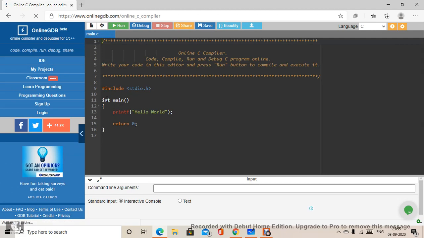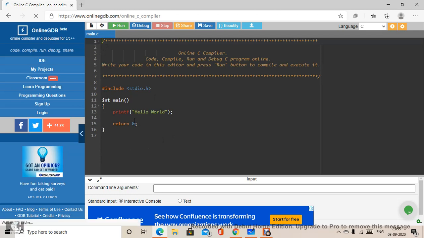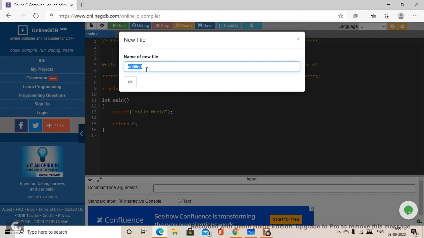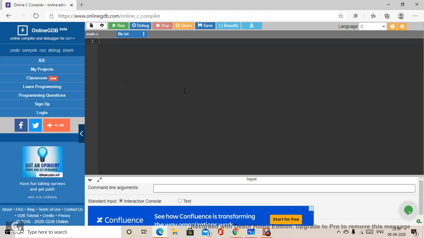Suppose I am looking for a record in a file at a particular position or required offset. For that there should be one file which I am going to read. So let's create a new file, because we need both files in the same session, as discussed in the previous class. Let's make a .txt file. Okay, I have created a text file.